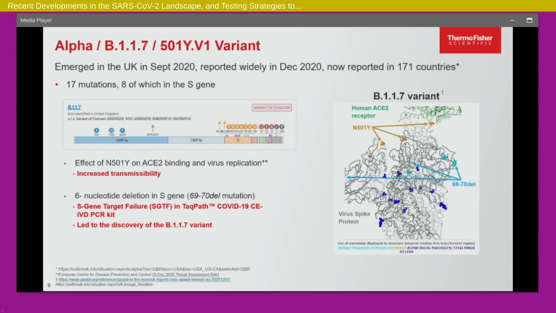We said, let's look at it. We looked at it, and the assay was fine. Next thing you know, they did the sequencing, and they found that there was a deletion in a region that we were targeting, and that had led to that one target having decreased sensitivity. But the other 2 targets were fine. So you were calling them positives, but they had an interesting pattern. That's how they identified the UK variant. I'll talk a little bit about what we call the S gene dropout in my next slide.